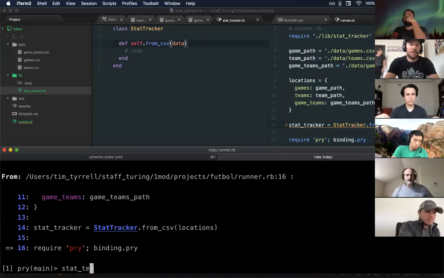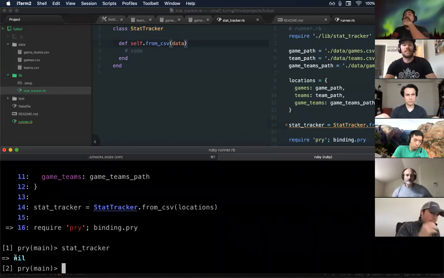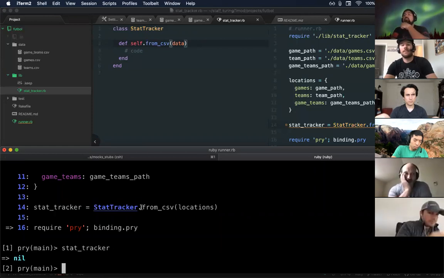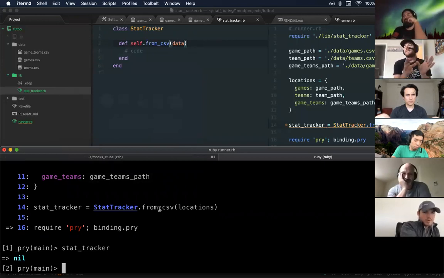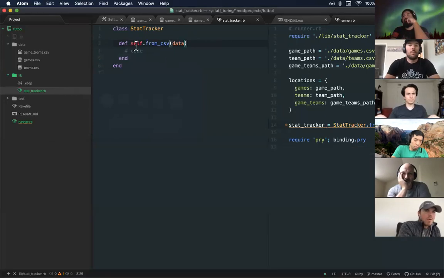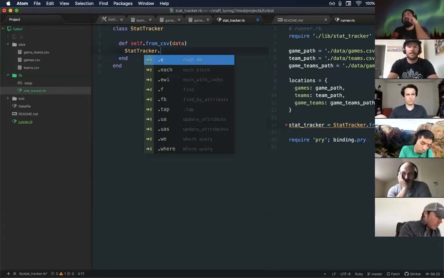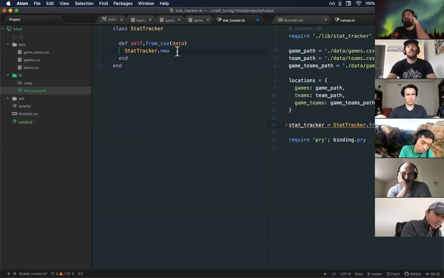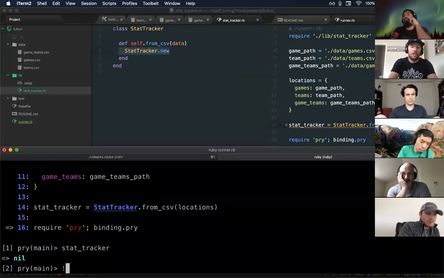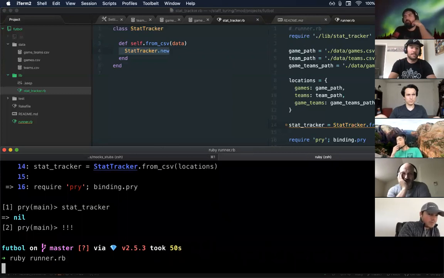And then what else do I need to do here? Basically I need StatTracker to hold an instance of itself at this point, right? Because I want to call into this method, pass in my data, and then return a StatTracker object, an instance of itself, that holds all of this data in a way that is readable. So I know how to create an instance of a class, and I can do that here. This is kind of inception-y. But if I call this without any arguments, I know that initialize can run under the hood. And so let's see if I can get this to run the way that I expect.